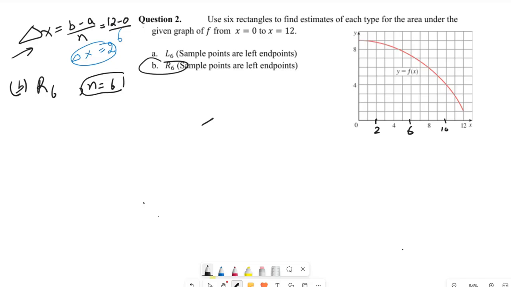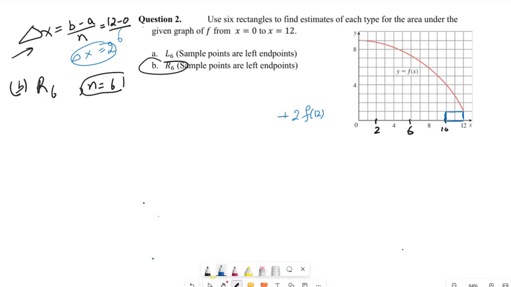But we start drawing our rectangles from the right hand side. The rightmost endpoint is the starting point. So f of 12 is this height. We need to draw a rectangle at that height. So the area of that rectangle would be f of 12 times the width, which is still 2, plus